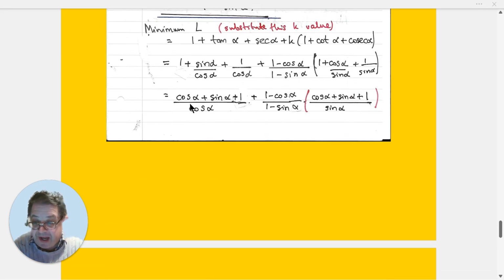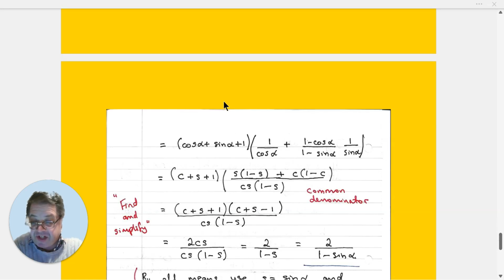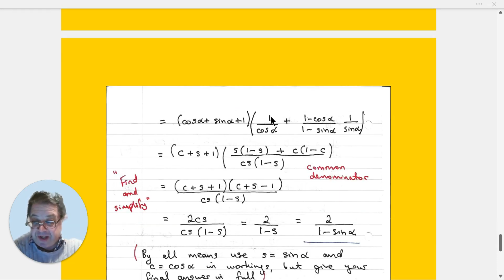So notice that cos alpha add sine alpha add 1 is in both parts of the expression, so I've taken that out of brackets, and inside brackets I've got 1 over cos alpha, 1 take cos alpha over 1 minus sine alpha plus 1 over sine alpha. In workings like this, it's acceptable to use C for cos and S for sine, provided in the answer you write it out in full. So I've done that. The expression within the brackets simplifies to